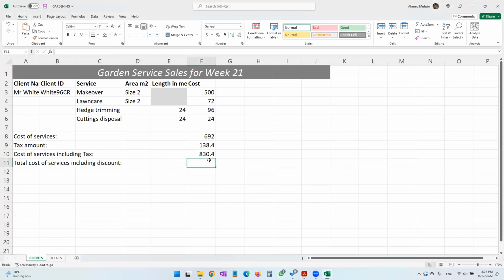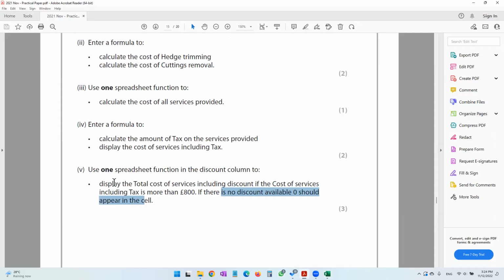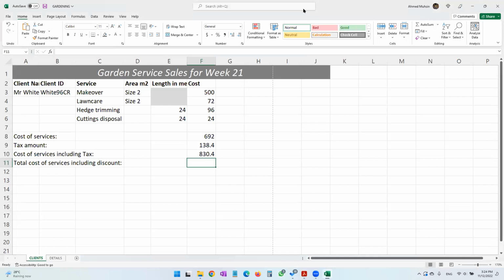Now just give me a second to understand. Display the total cost of services. Sorry, use one spreadsheet function in the discount column 2. In the discount column 2,